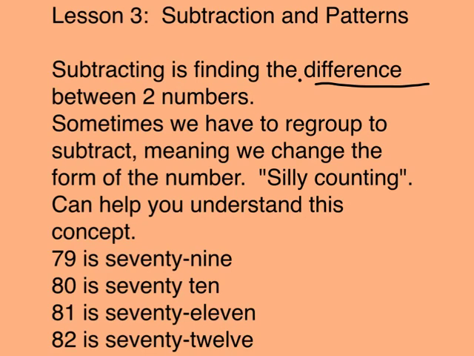Silly counting, like when you were a child, you might have gone 60, 61, 62, 63, 64, 65, 66, 67, 68, 69, 60-10, 60-11, 60-12. You know, you could have done that. Children sometimes think that way. Well, if you can go back to thinking that way and understand that